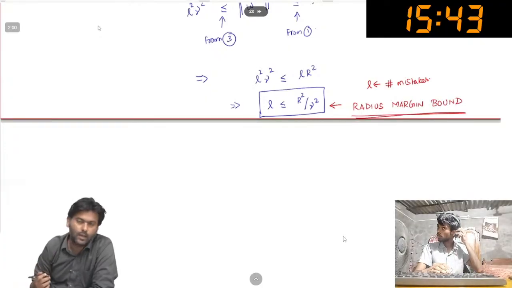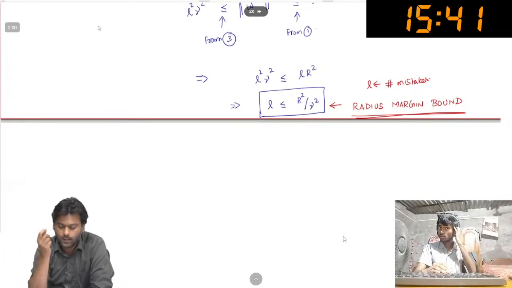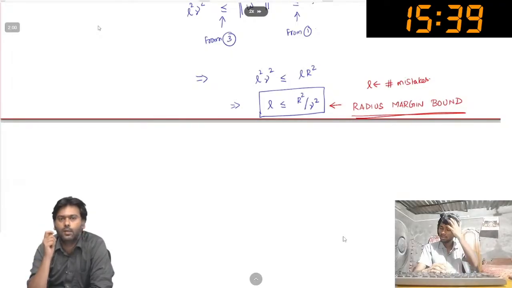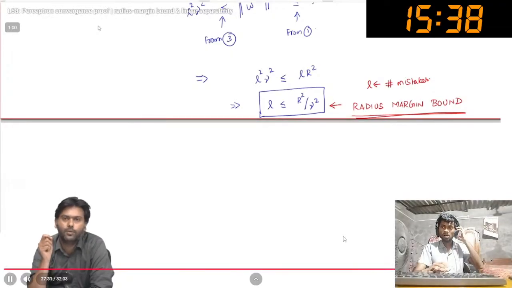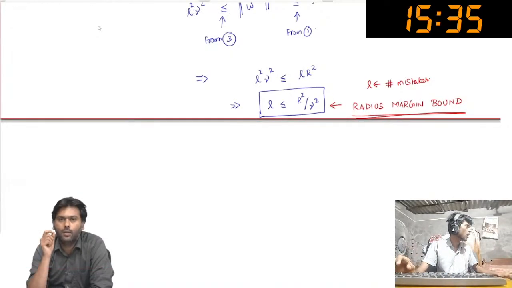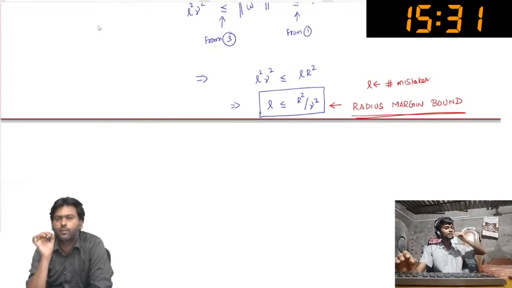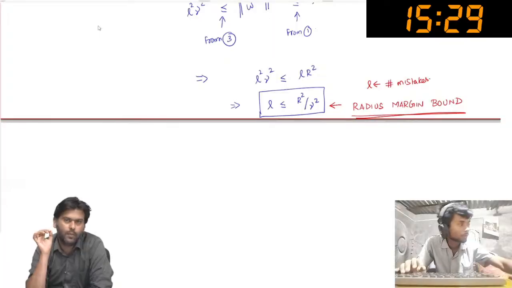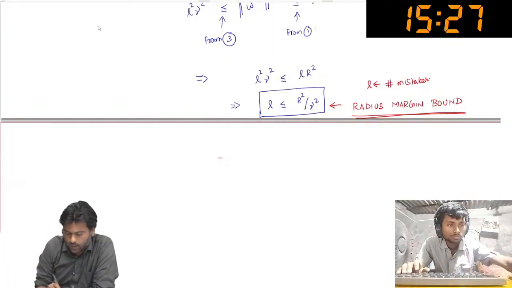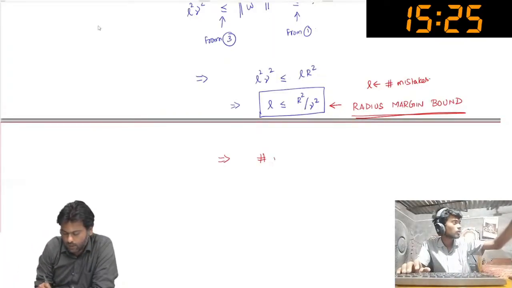So what is this telling us? Why do we care about this bound? This is telling us that the number of mistakes that perceptron makes is at most R squared by gamma squared, where R is the radius of our data set and gamma is the margin with respect to the optimal W star, right? So this means that the number of mistakes